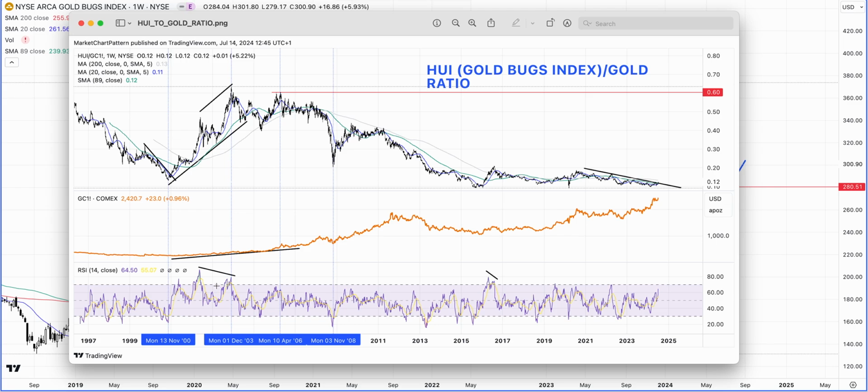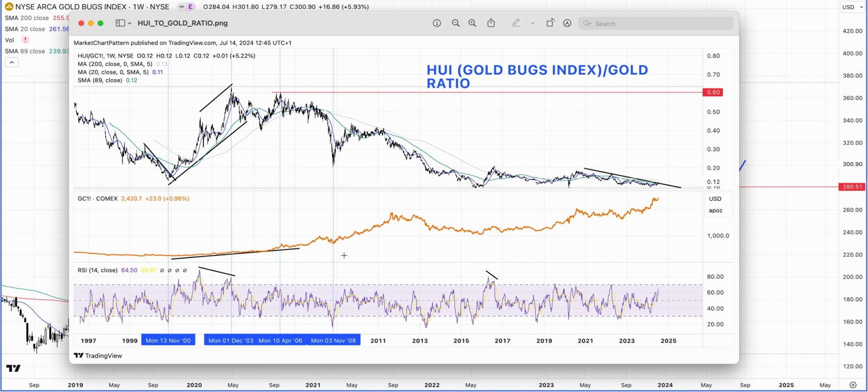But the real important part is to look at this 70%. This upper boundary is 70%. So whenever this ratio has gone to 70% or higher, and especially when it has made a peak like this, like a double top formation, we have seen the gold prices decline as well. So actually we see the commodity become bearish for quite some time. So we saw that here. This is a really good example, and it happened over a pretty long time. So some of these divergences can take quite a long time to play out.